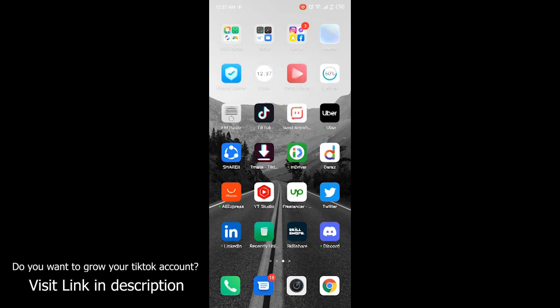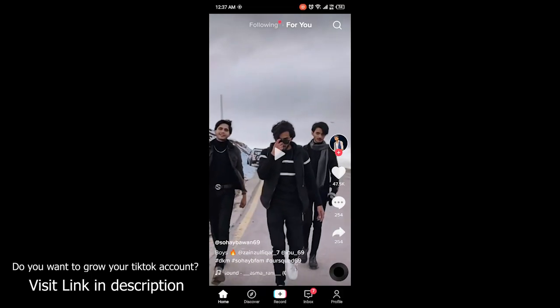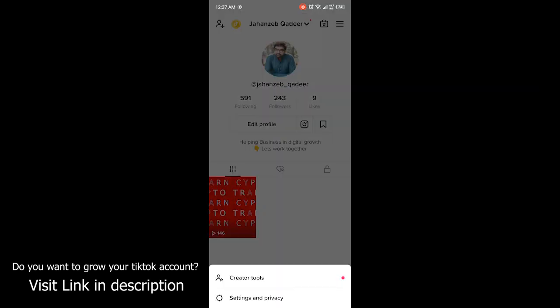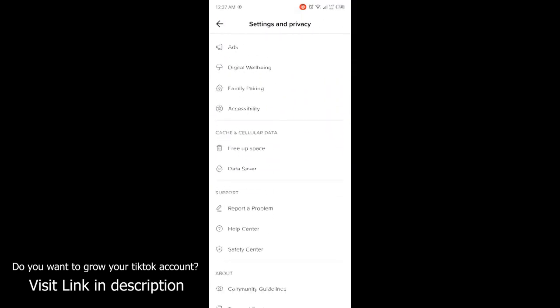First, you need to open TikTok. Once you open TikTok, then you need to click on profile at the right bottom corner, and you need to click on three bars, and then you need to click on settings and privacy. So you can see that there is no option here,